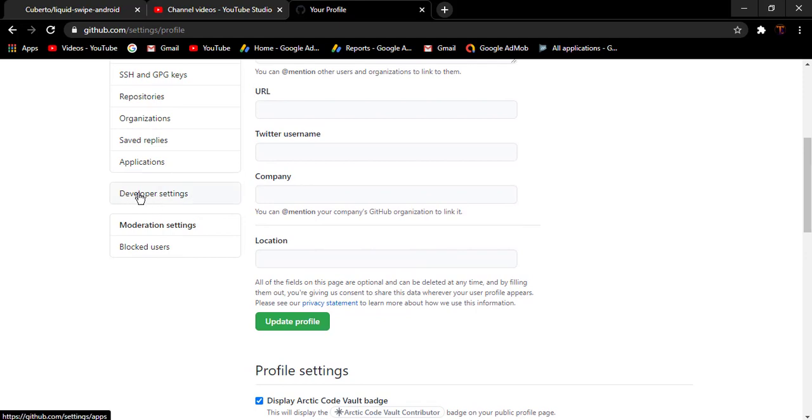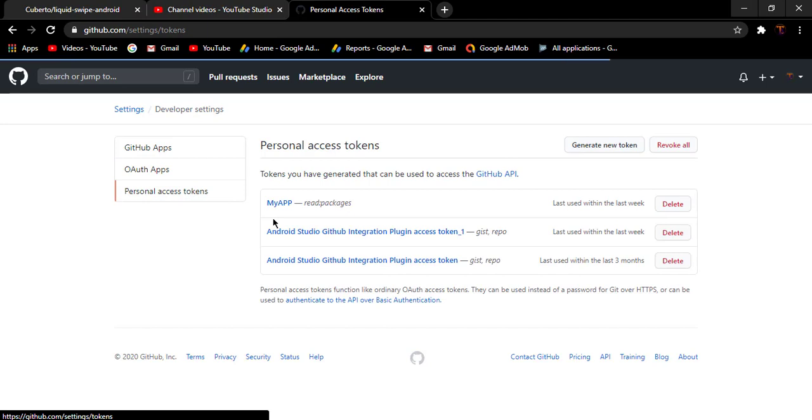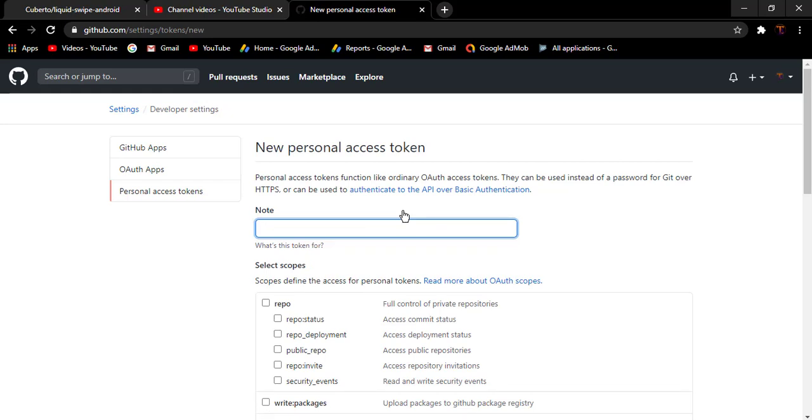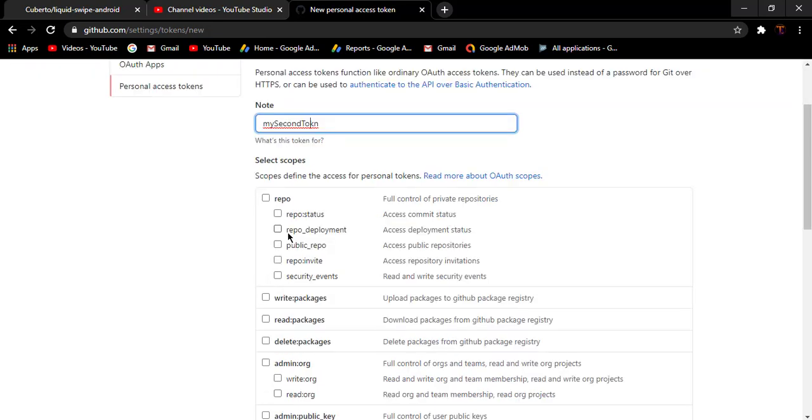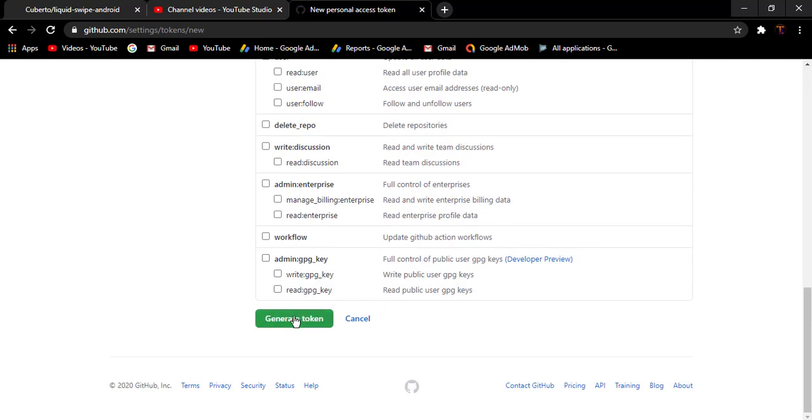Click on developer settings and click on personal access tokens. Here we need to generate a new token, so click on generate new token. Let's say I type any token name. Here we need to select this read packages option, to download packages from the GitHub packages registry, and click on generate token.